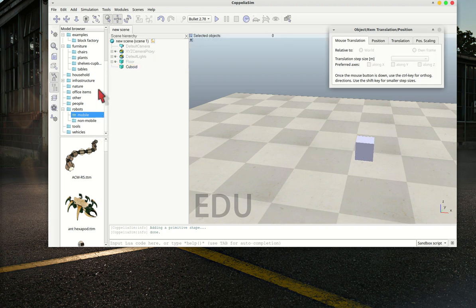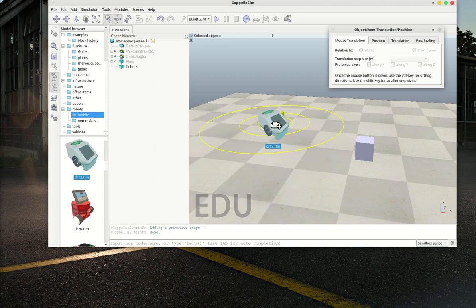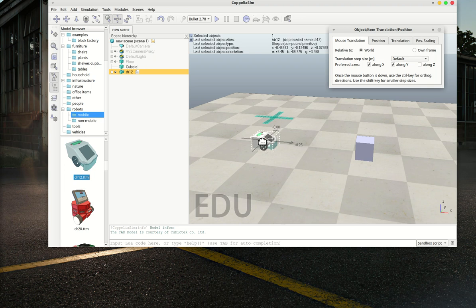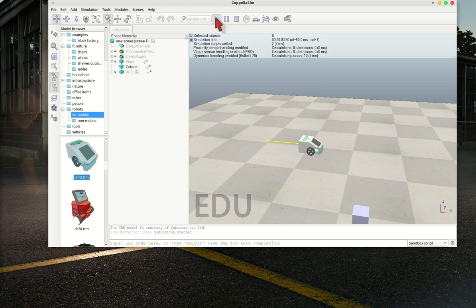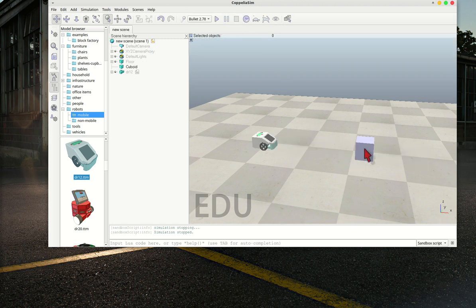Okay, then let's add another robot based on this one. A very simple robot. Put it here. So what you can do, you can play the simulator. This one is supposed to be not moving.